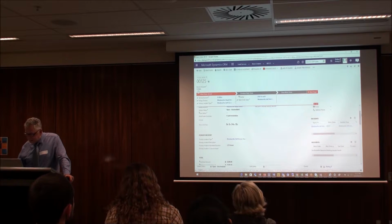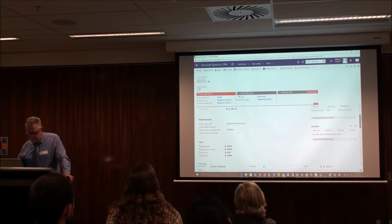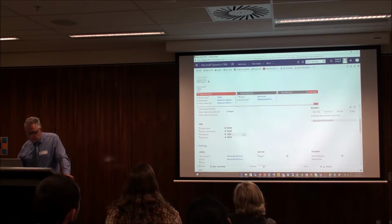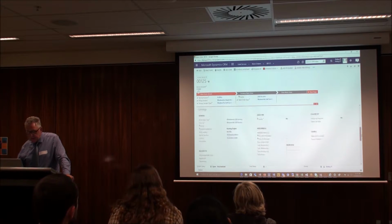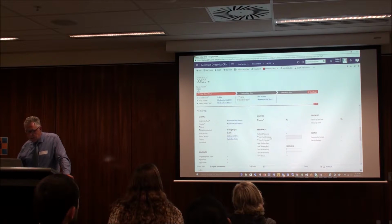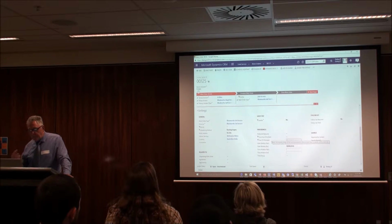And what that's done for us is it's actually provided a number of other settings in here. We can set the estimated time, all of that information. We can put pricing and costing against it. A lot of other settings here, including these areas of time promised and time from promised and to promised. All of those would get used when you try to set up resources for a work order like this,